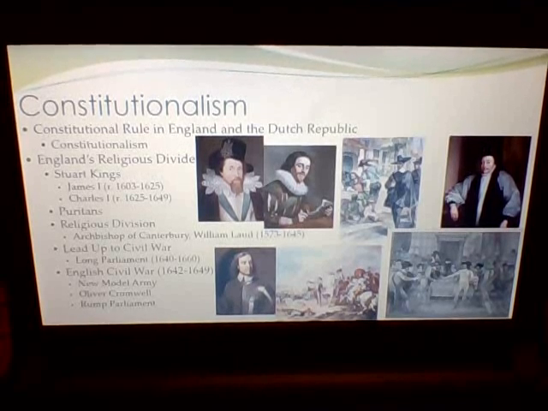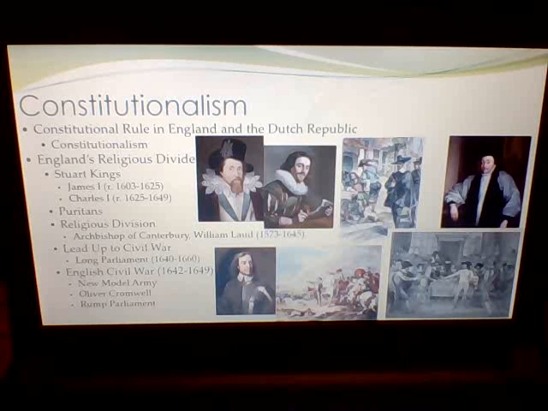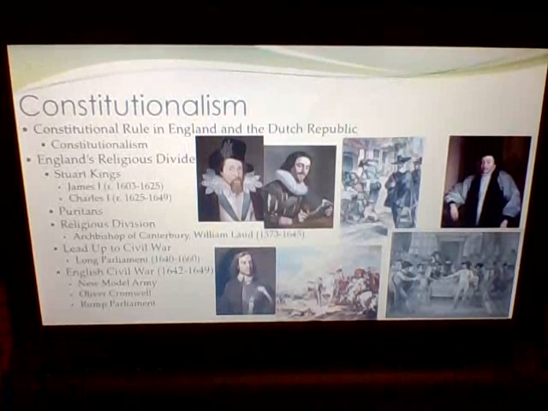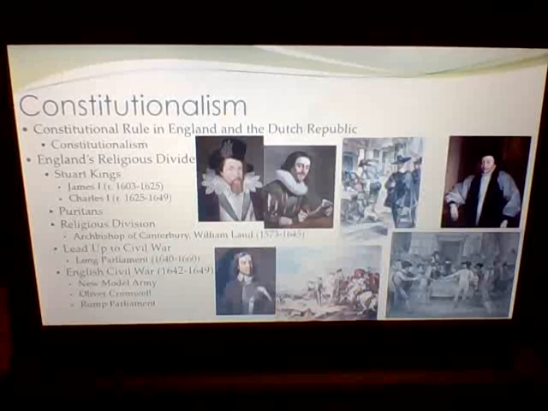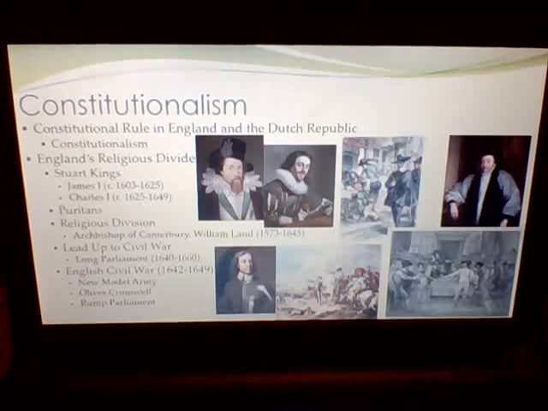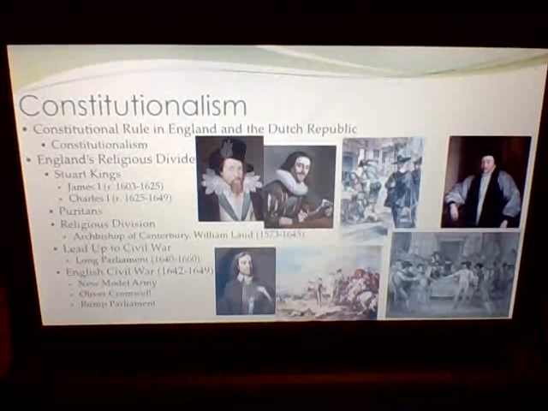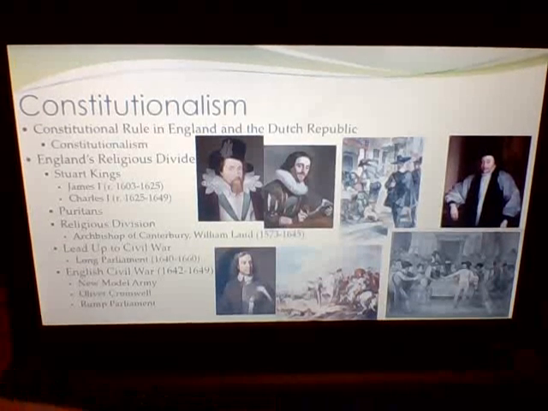Laud was anti-Calvinist and practiced some secret Catholic practices. He imposed a new Book of Common Prayer, which was like their official holy book in England. And he elevated more priests to bishop positions. So basically, he creates more bishops, which makes it more hierarchical, more like the Catholic Church, and less like the Puritans wanted. Because Puritans want a very simplified service, not all this hierarchy and structure like the Catholic Church has, and it just makes them upset. So all this is setting the stage for the Civil War in England.